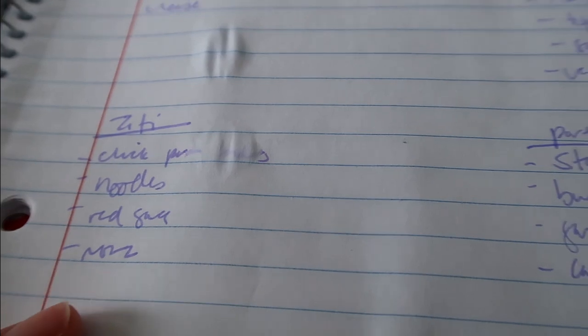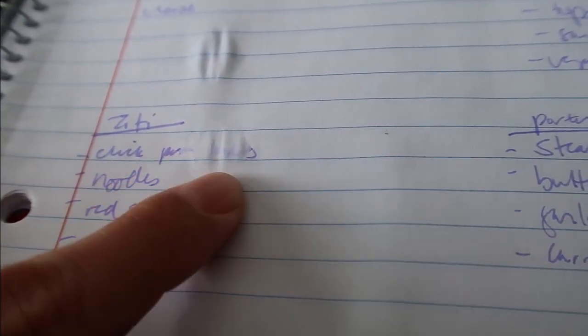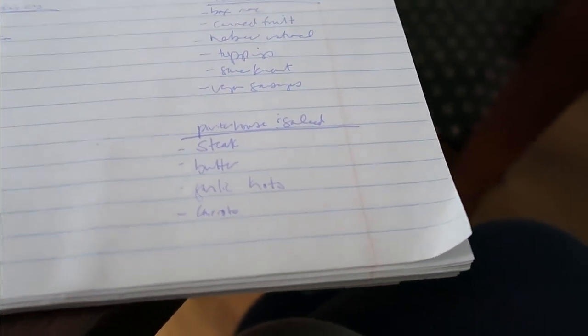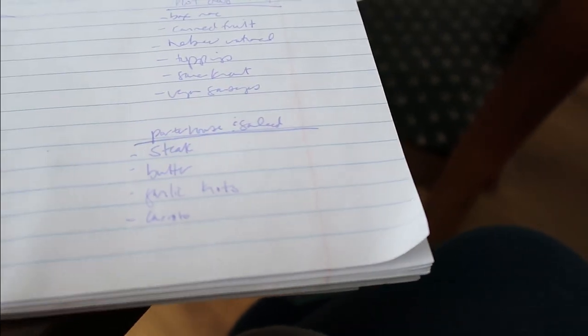Ziti, I would make noodles. I have a jar of red sauce already open, mozzarella, the chicken parm tenders. I dripped water on that. And then also I have porterhouse steak. I actually forgot about that until I found it in the deep freezer. I have stuff I can make,